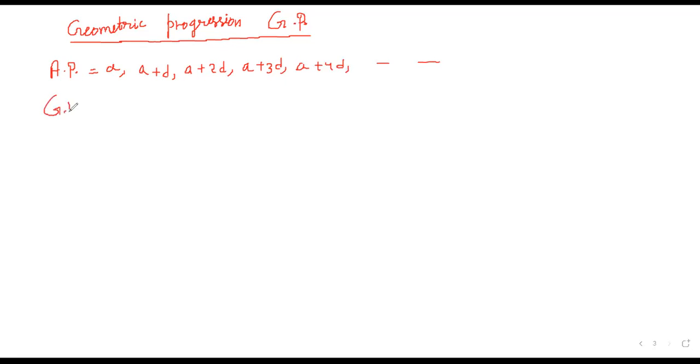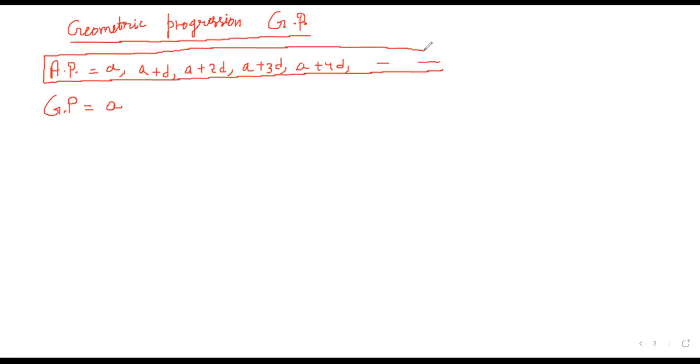Now in GP, in place of addition, in geometric progression, we have to multiply. First term remains the same, A. And in the next term, we multiply by a common term and we call it the common ratio, R. AR becomes the second term. AR square is the third term. AR cube is the fourth term. And so on, up to finally it becomes A into R to the power n minus 1, which will be the nth term. Why? We will discuss now.